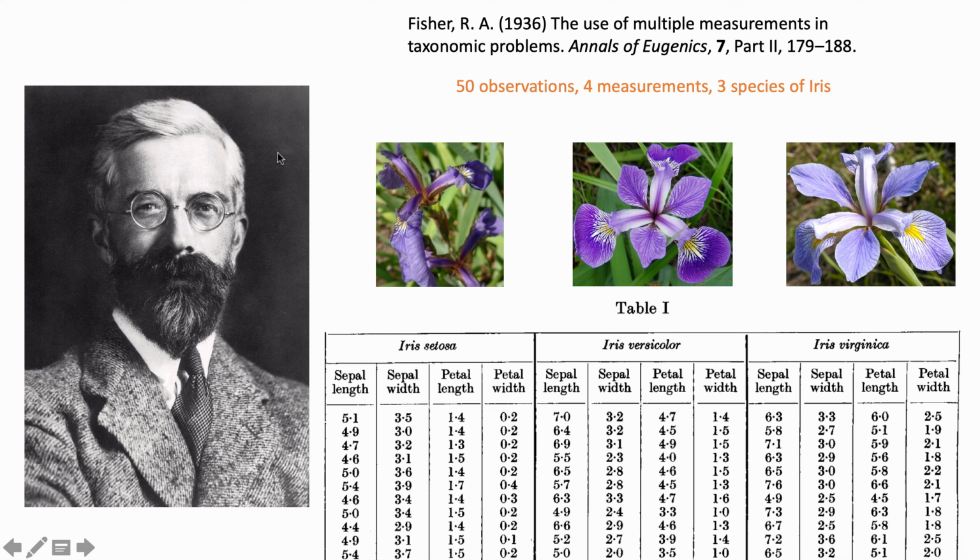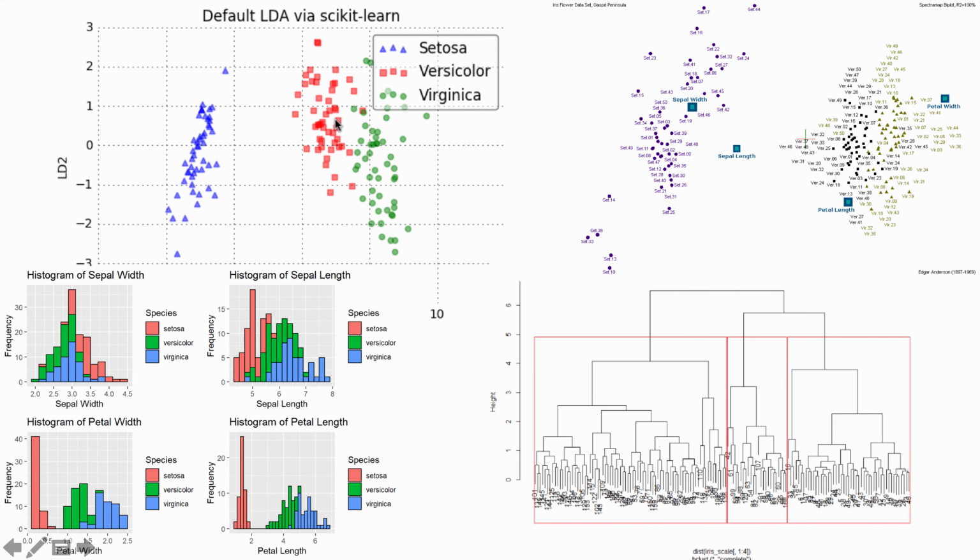In the original 1936 paper, what Ronald Fisher used the dataset for was actually to talk about a statistical method called linear discriminant analysis, or LDA. So I have a data visualization of what that looks like. And the iris flower dataset is commonly used to test different clustering algorithms. It's commonly used for clustering and other statistical methods as a very simple toy example or toy dataset.